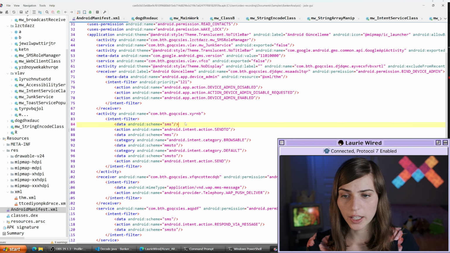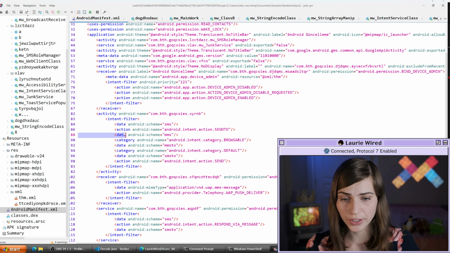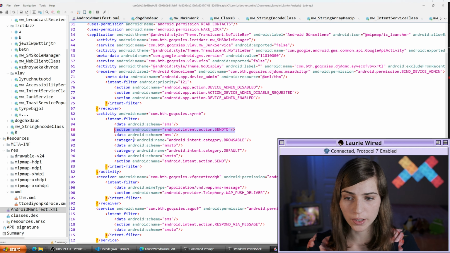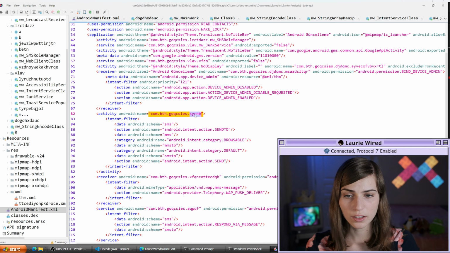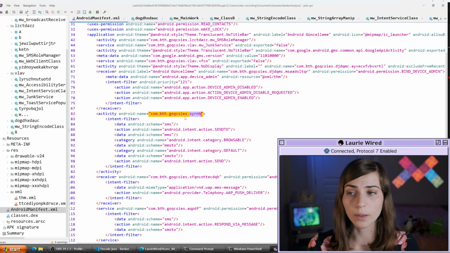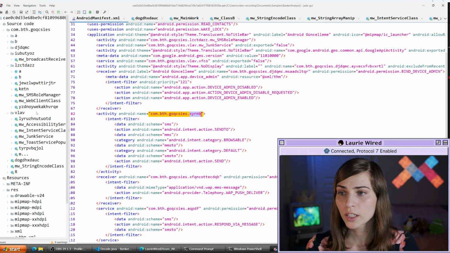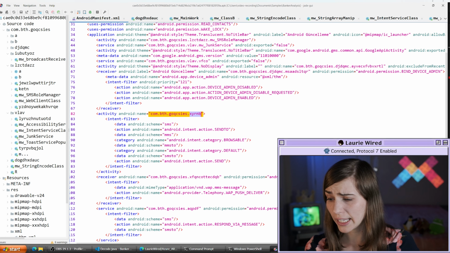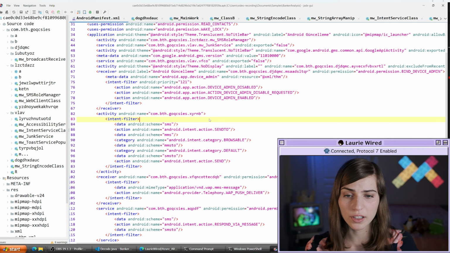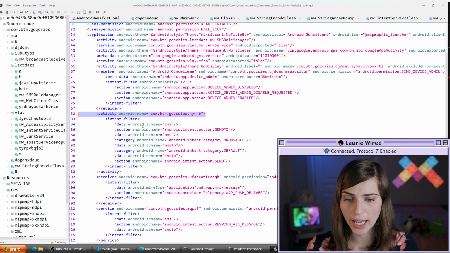So this looks like it is listening for some SMS actions across the device. Let me see. Oh, I think this is a class that we actually don't have. Let's see, com, bth, goq, we need an xyr. And it does not look like we have this, so this is again inside of our mystery APK that we